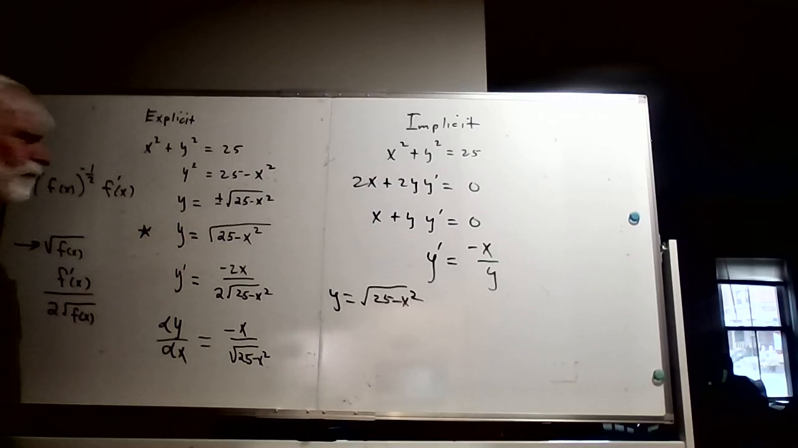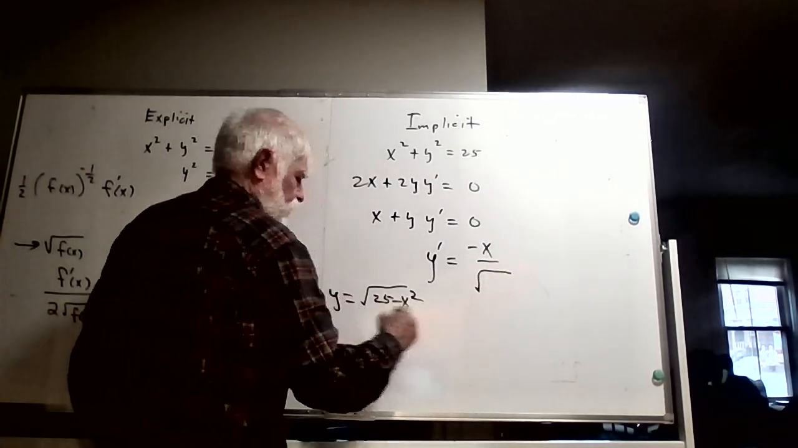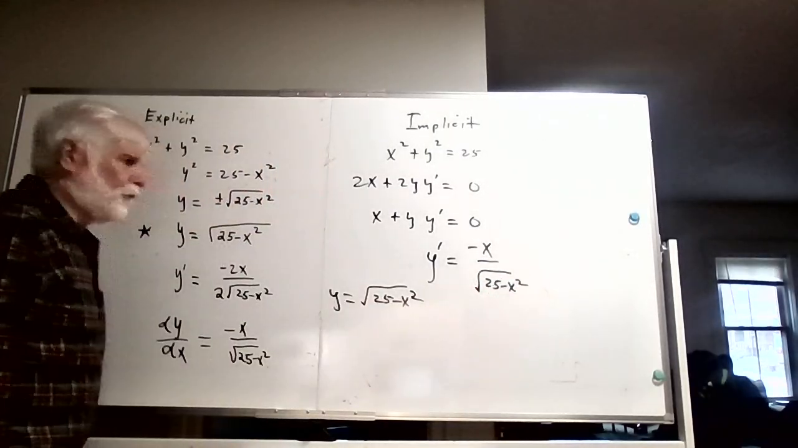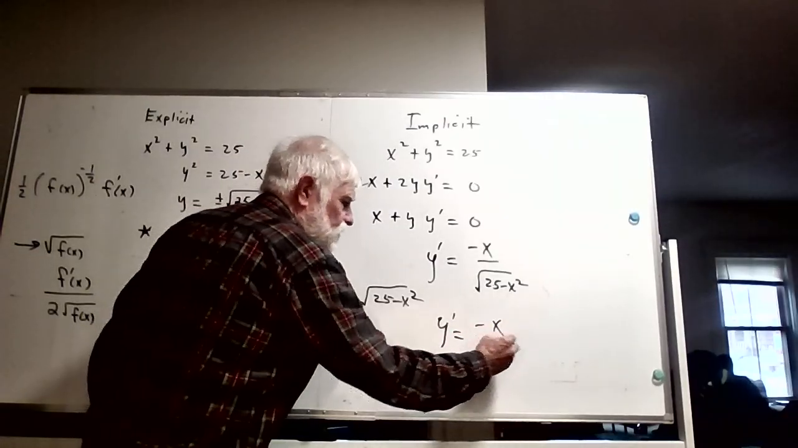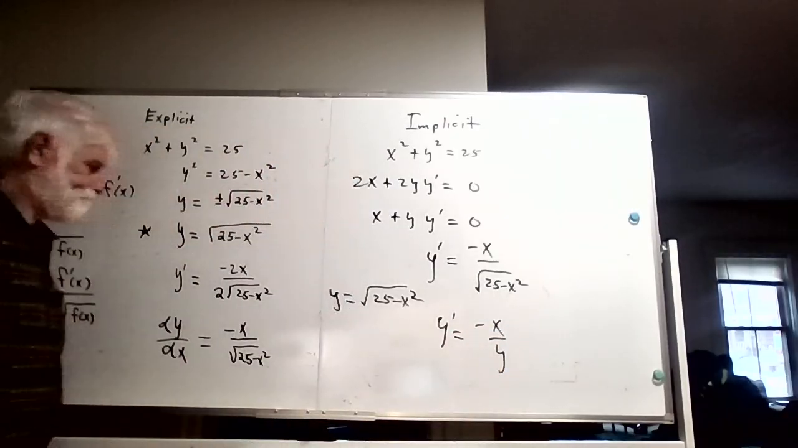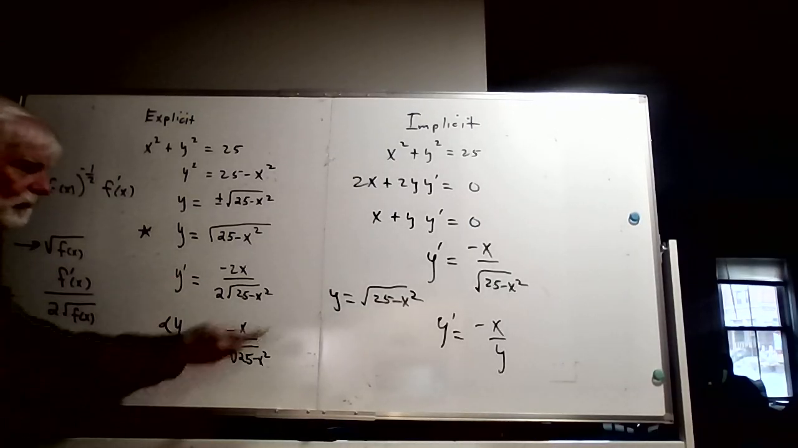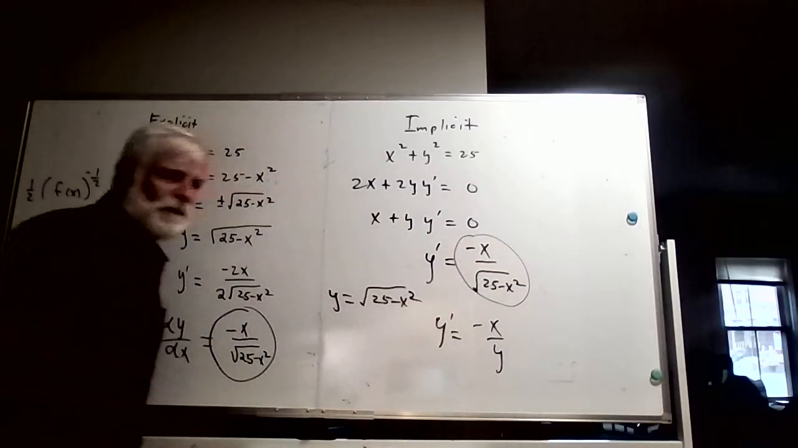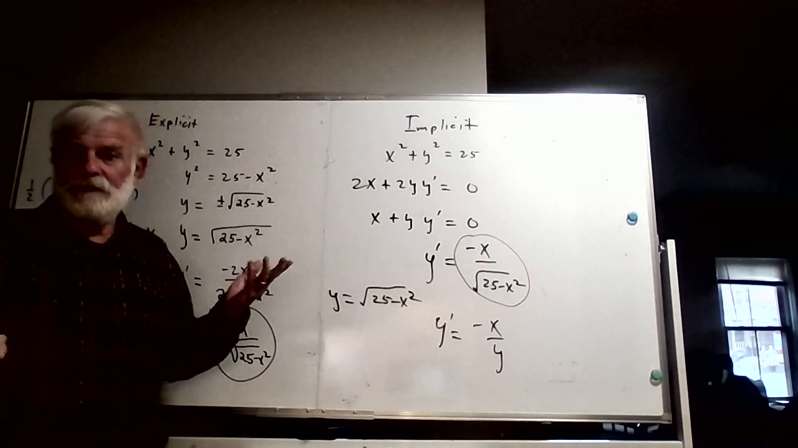So what's another name for y? Another name for y is the square root of 25 minus x squared. And I do believe that y prime equals minus x over y. I think the 2's cancel, and oh yes, explicit and implicit seems to merge here, and that gives us a feeling for